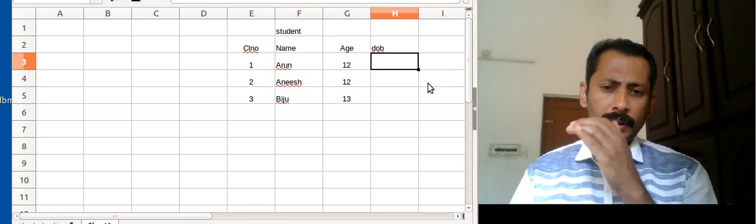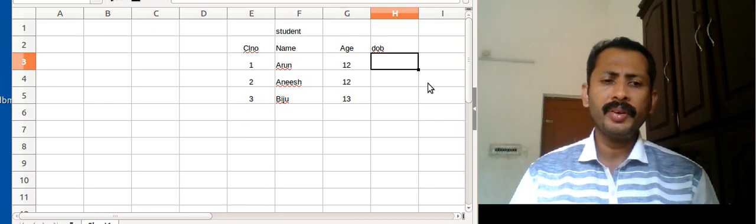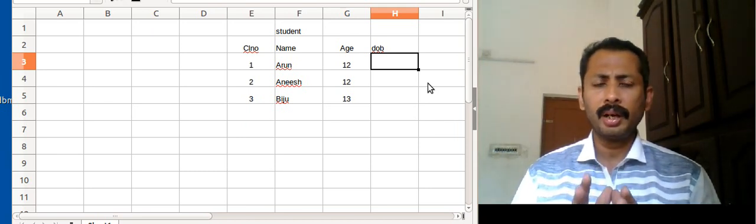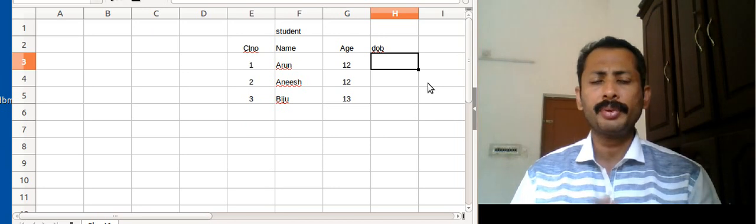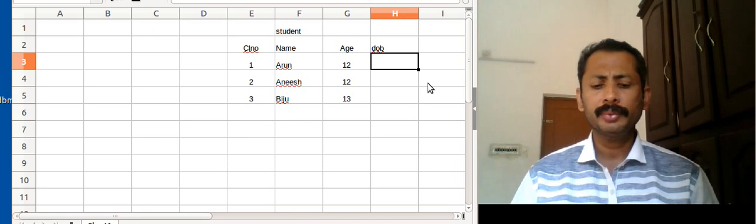So here also we can see class number, name, age and date of birth. These columns or fields contain different types of data, and we call this data type.